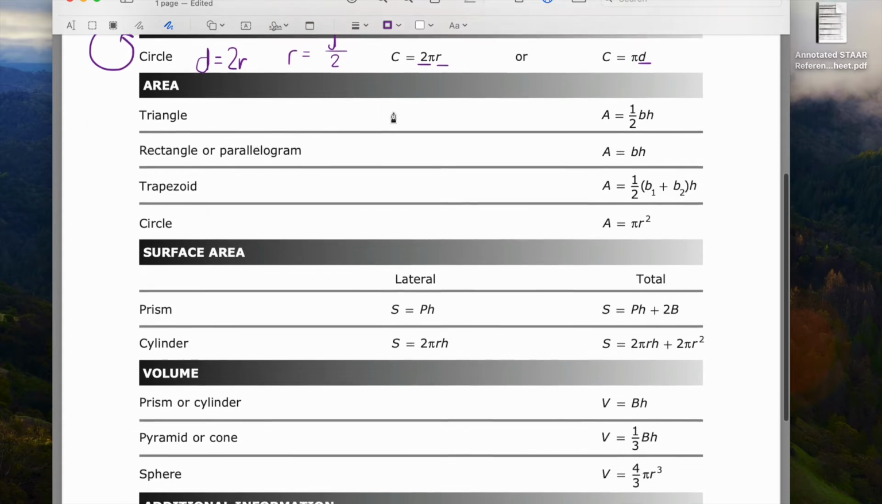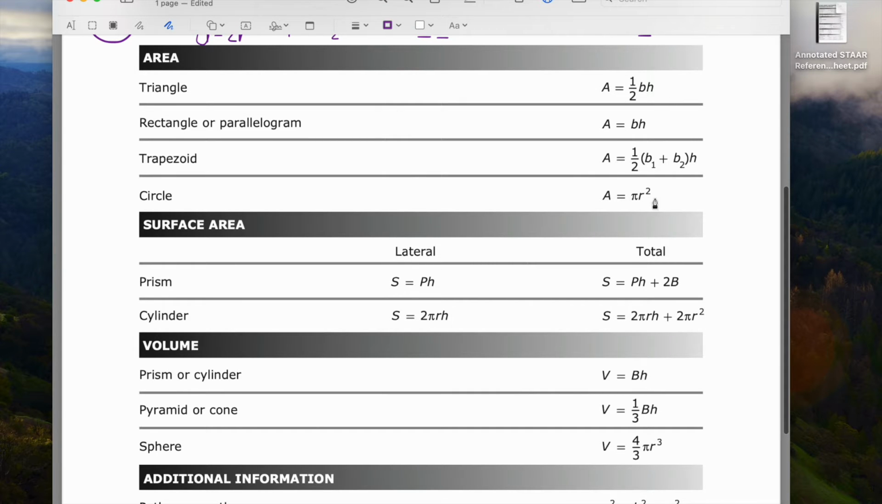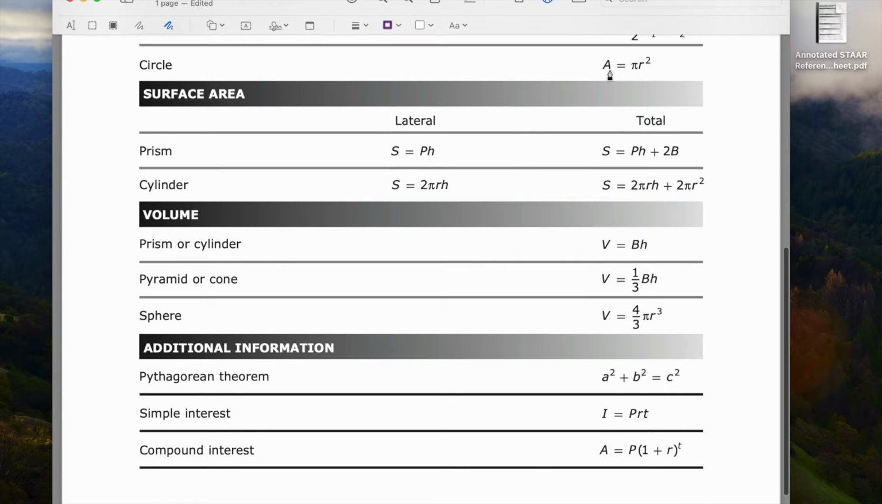Okay, so we don't really do much annotation for area. These are the formulas that are given to us. Little b stands for base length, h stands for height. And then, of course, for a circle, the area is equal to pi radius squared. So for surface area, what we annotate, I'm going to go ahead and type it instead of writing it because it takes me longer,